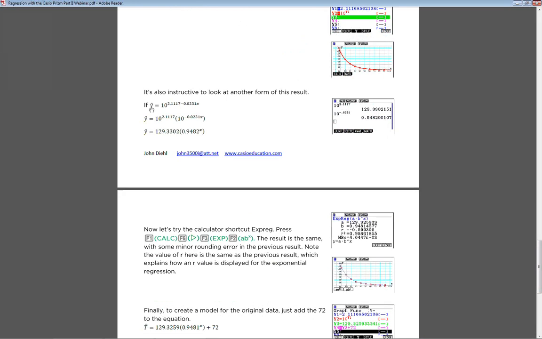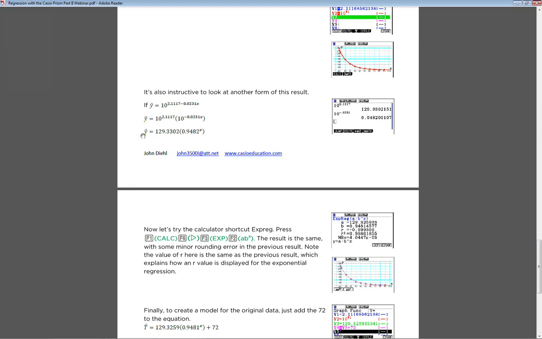Here's what we have. Y hat equals 10 to that exponent, or 10 to this value multiplied by 10 to that value. You can see off on the right, I don't think I'll do it in the interest of time, but I simply went to the calculating menu, the run matrix menu, and actually estimated these values.